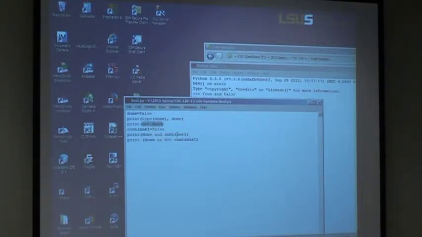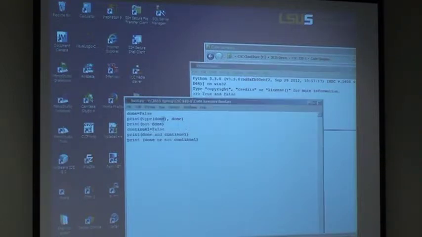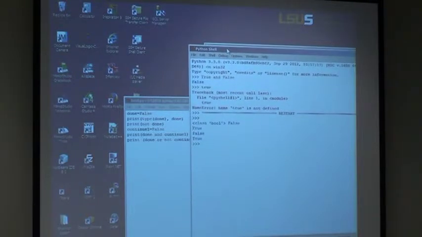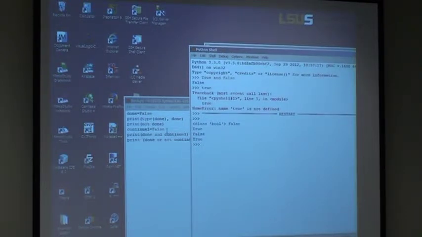Now done is False, so and of anything False is False. Done is still False. Or, now if the rest of it turns out to be true, the whole expression will be true. Okay? We'll come to the truth table in a few minutes, but let's just run this and make sure. So class bool says that it's a Boolean operator, but I mean Boolean variable. Let me just align this. Okay. Not done was True. Done and continue1. Now, why didn't I use continue? Because continue is a reserved word in Python,